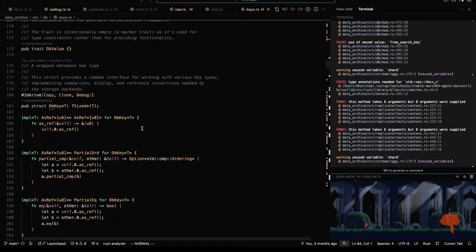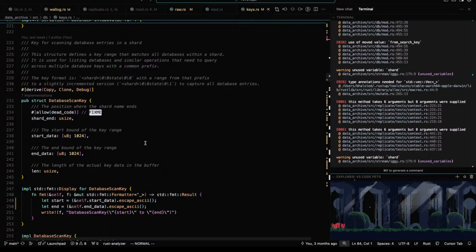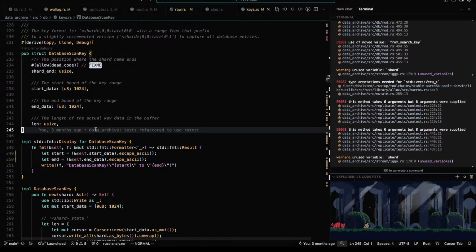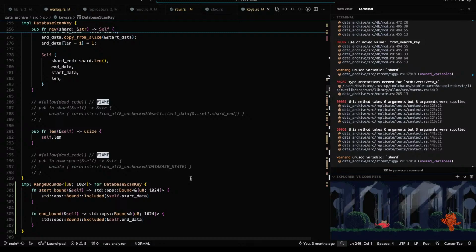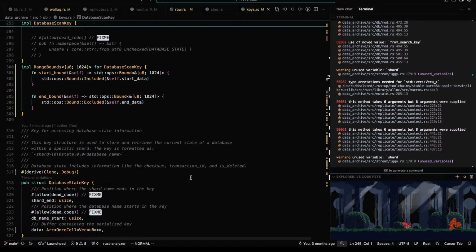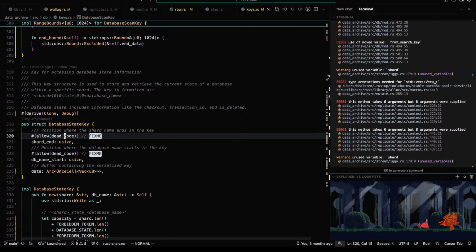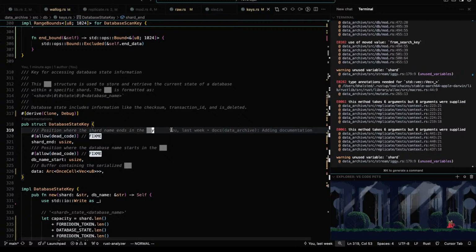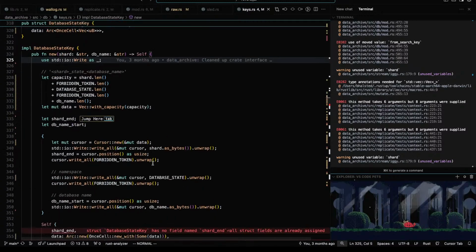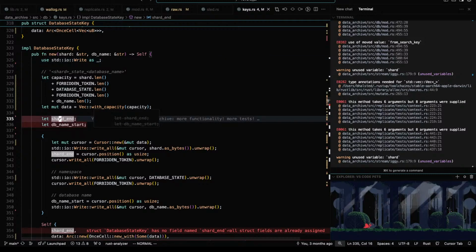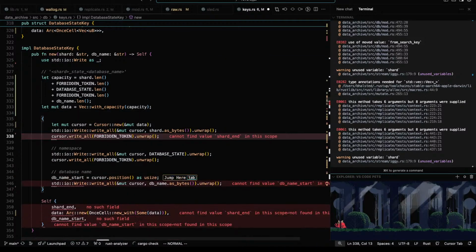What a long kind of rabbit hole today, huh? Yeah, ignoring the database scan key. Still, I don't want to be bothered to change that yet. So it's just that. And then we do not need these two. That goes away.